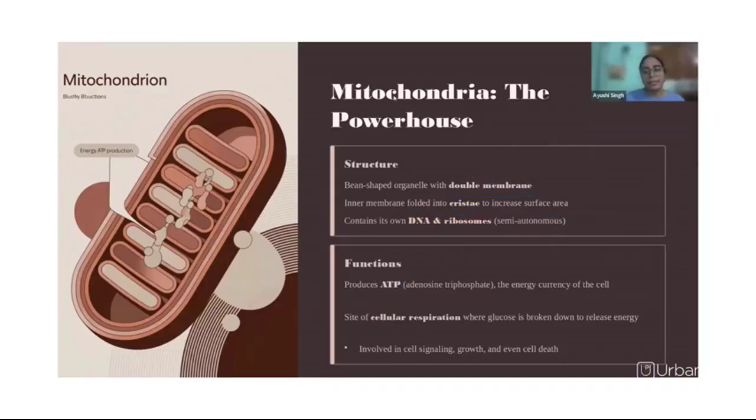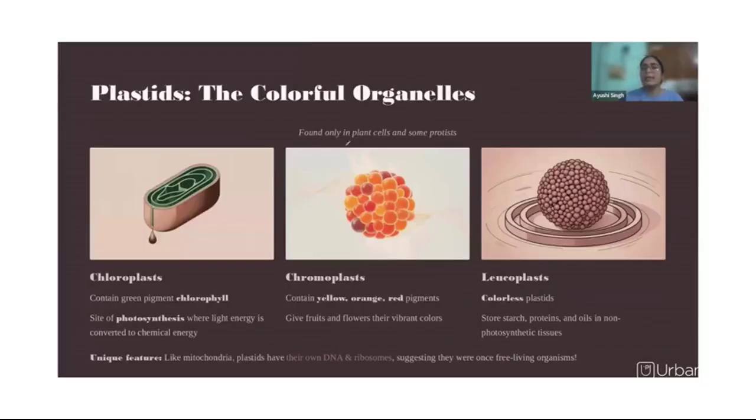Now, if we talk about plastids, they are very interesting organelles, you can say. They are found only in plant cells and some of the protists. What is their function? So there can be different types. The first one is chloroplast. It is very simple. They provide green pigment because they have chlorophyll in it. And if there is a green pigment in any plant, it is supposed to do photosynthesis to, again, convert the light energy into a chemical energy form, which can be used further for different kinds of growth and